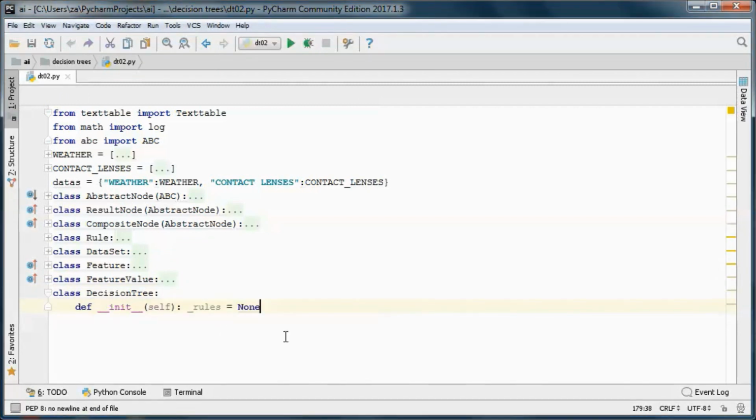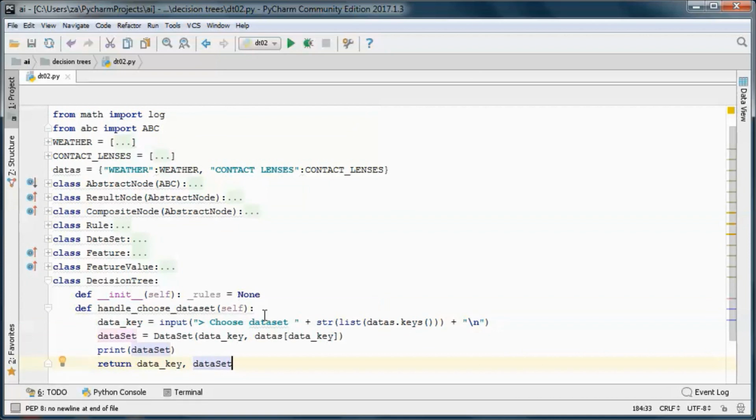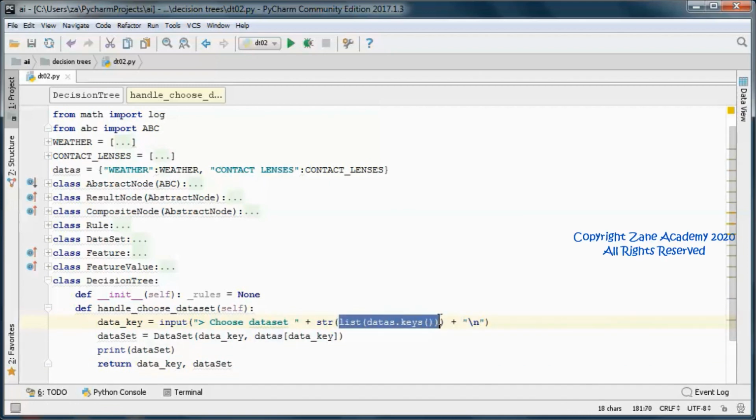And this method handles prompting the user to choose a dataset from the list of available ones and picking up that dataset and returning it.